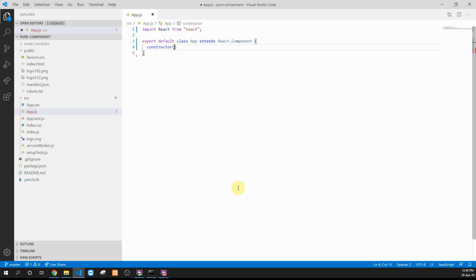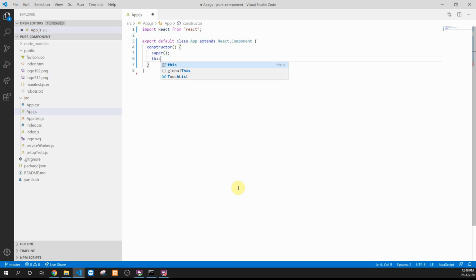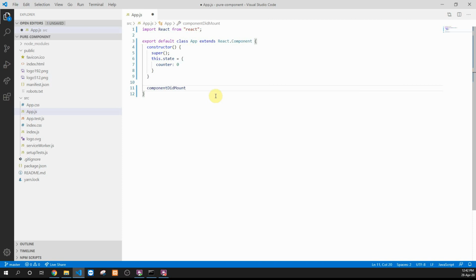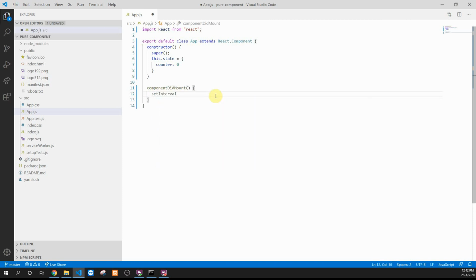Then we'll have a constructor. Inside the constructor, we'll define a state variable, and before creating it, we have to call the super constructor. We'll create a state variable having a counter variable, which is marked as 0. Once the component is mounted, we'll use the lifecycle event componentDidMount, and inside it we'll create a set interval.